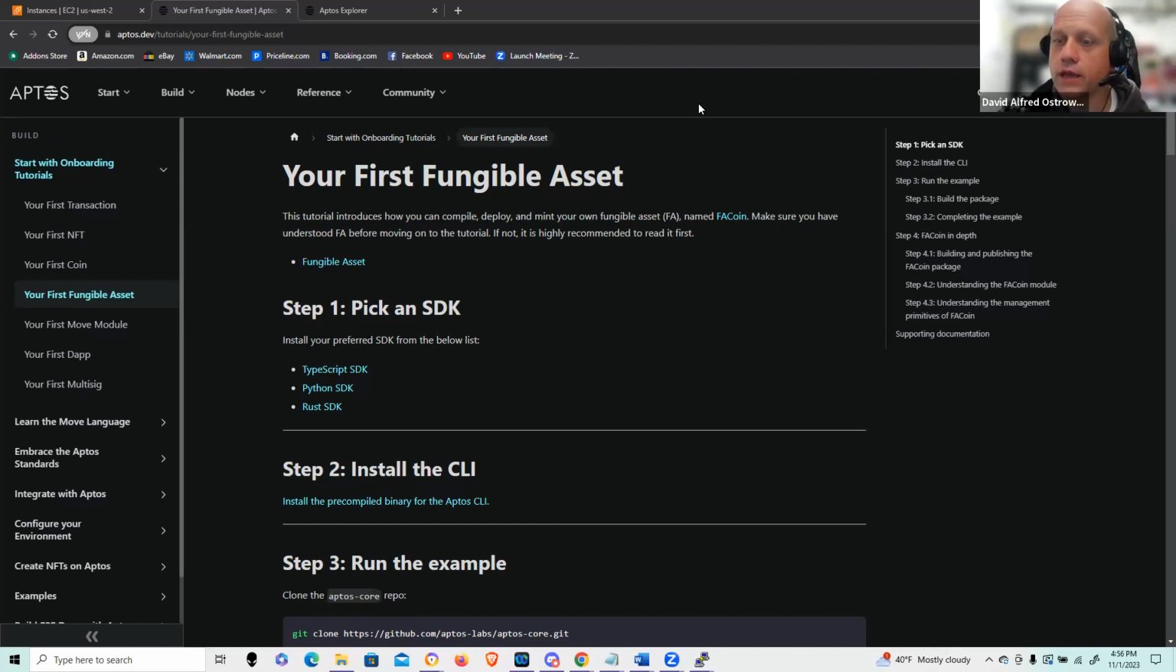In this recording, I'm going to be giving a tutorial and demonstration of the Aptos network, working through the first fungible asset tutorial. Here we'll be handling Move, compile, minting, and transferring fungible assets between a few accounts on the Aptos DevNet framework. We're going to be leveraging TypeScript for this particular example, and as usual, I will be using